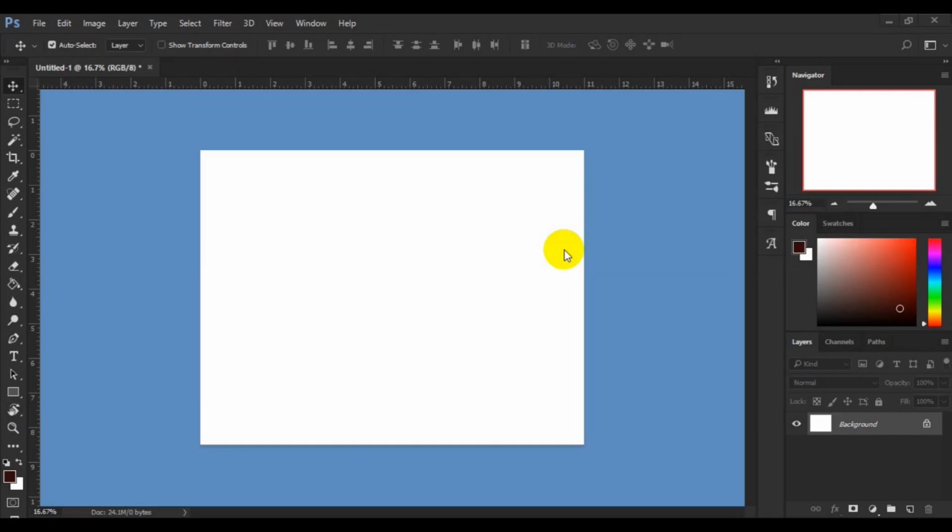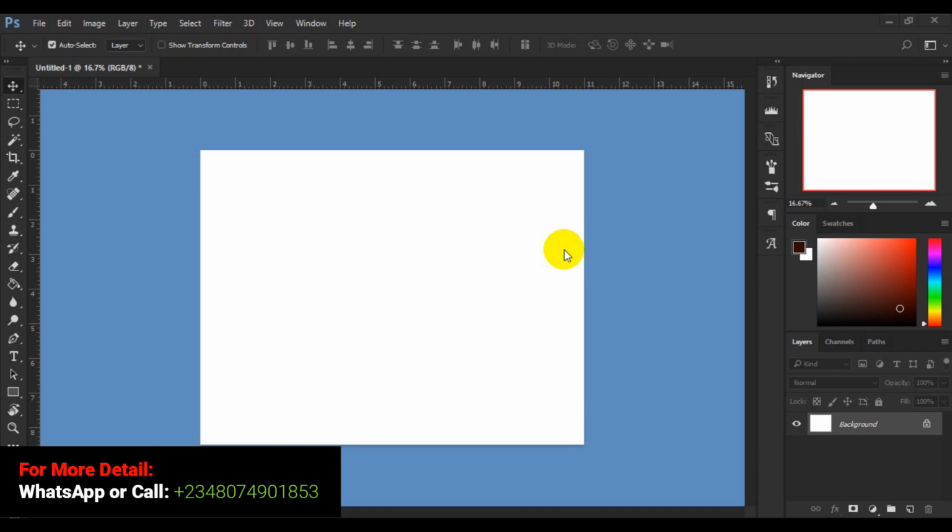Alright guys, I welcome you to another interesting class in our Adobe Photoshop CC for beginner to advanced. In today's class, guys, I'm going to teach you how you can master text tools in Adobe Photoshop. Text tools is one of the important things you need to understand very well in Adobe Photoshop. And in this class, I can assure you that everything you need to know about text tools in Photoshop, I'm going to walk you through the process step